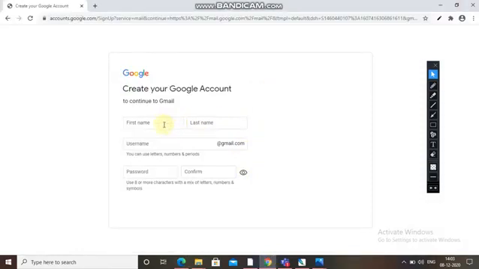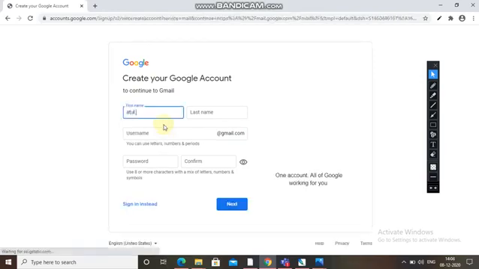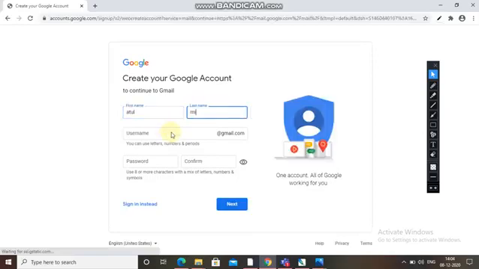Here what you have to give is the first name. Okay, any name you can give. Just for example of the demo, I am giving Atul Mishra. Okay, now next it is showing me the username Atul M2126.